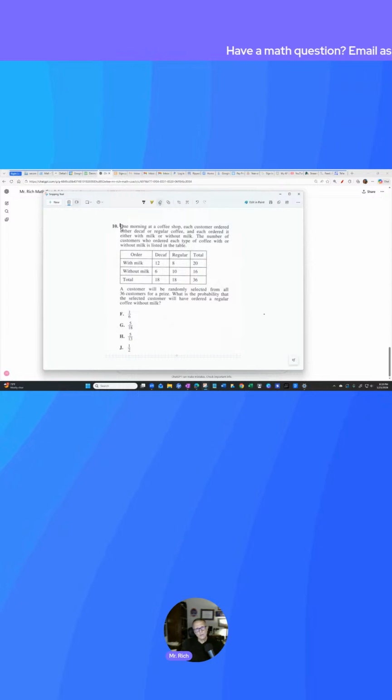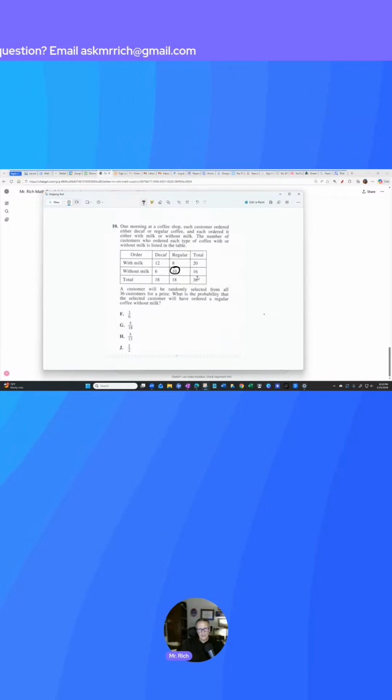And if you know anything about the ACT, it now has 45 questions. Questions 1 through 10 are very, very easy. They're meant to be easy. If you're scoring in the mid to upper 20s, you are trying to be perfect on 1 through 10. These are simple problems. This one just requires us to find how many people order regular without milk, and it's